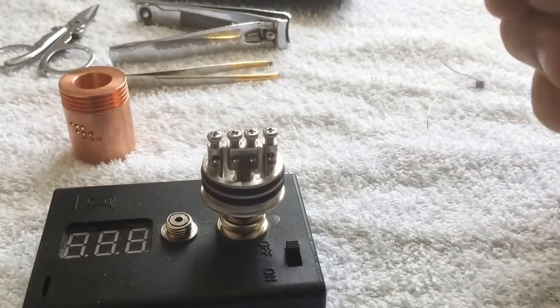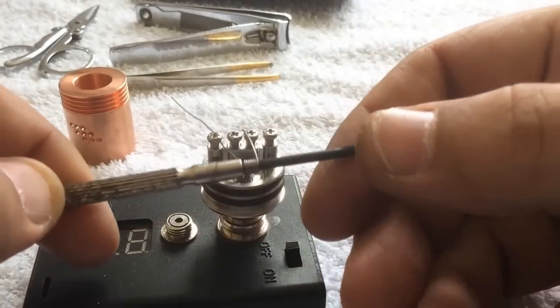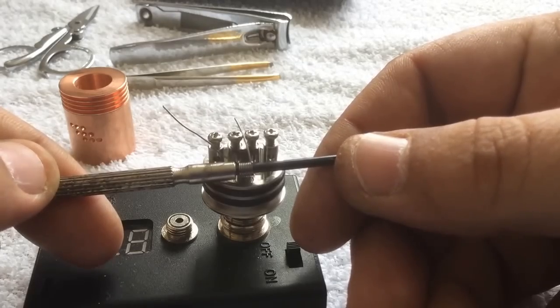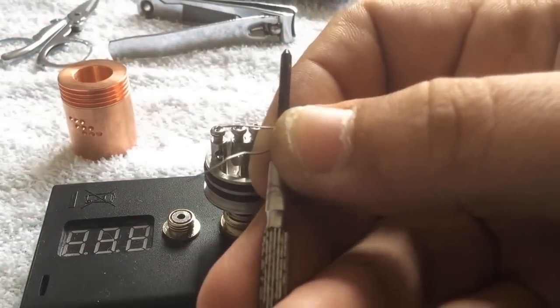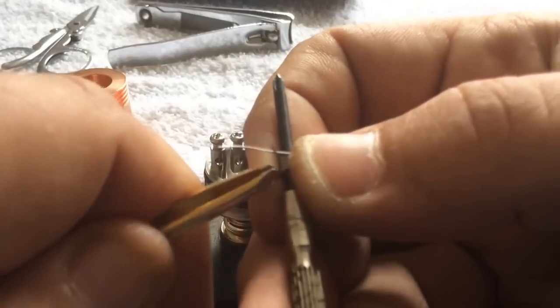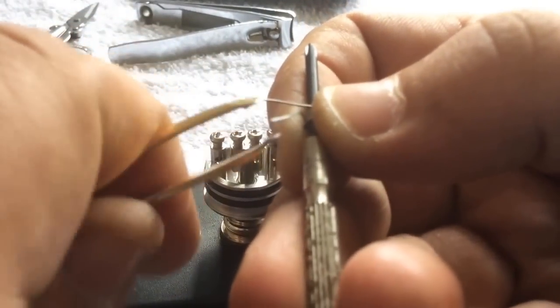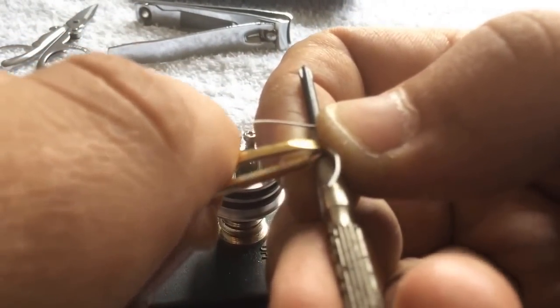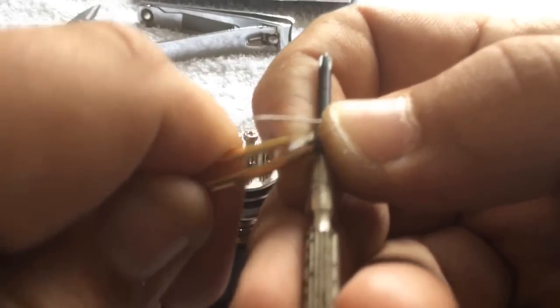So what I'm going to do is, because I do modify mine a bit so that my coil does fit center, what I normally do is, with my tweezers, please forgive me if I go slightly out of camera view, all I'm going to do is make sure that's there like that. I'm just going to bend this like this, just slightly, and then about a couple of millimeters up I'm going to bend this up as well like that,